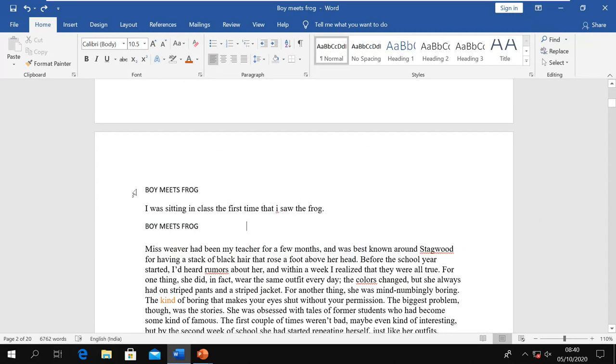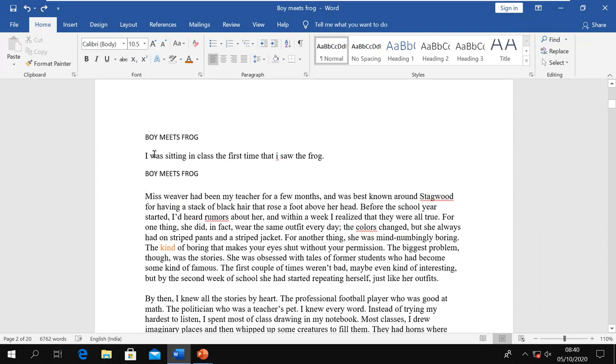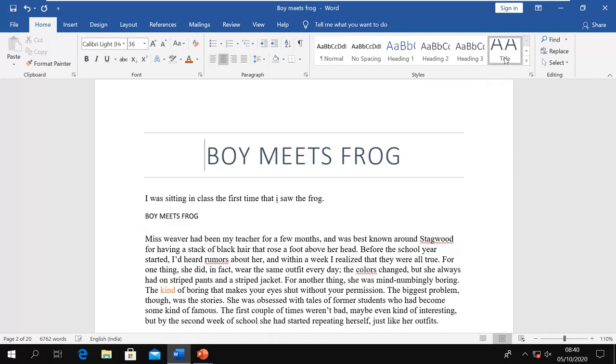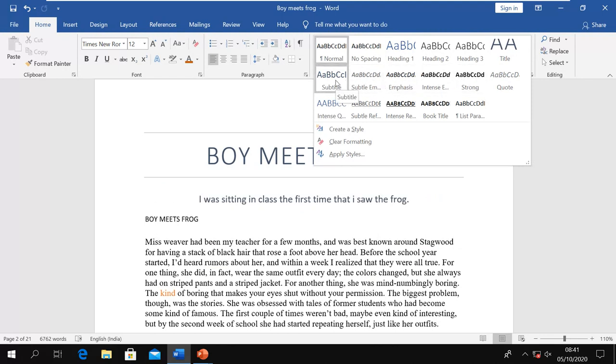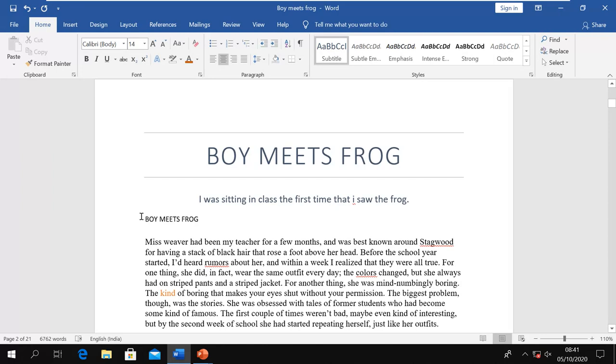Like I have this text here and I want to change it to be a title. This is my title of the book. So I put my insertion point here, and I go here, I have a title here. I click on it, it becomes my title. I want to make this a subtitle, so I put my insertion point there. Subtitle is not showing here, so I click on more, and then I have more options here. I go with this subtitle. This one could be my heading, so I can say okay, this will be my heading. Heading 1.